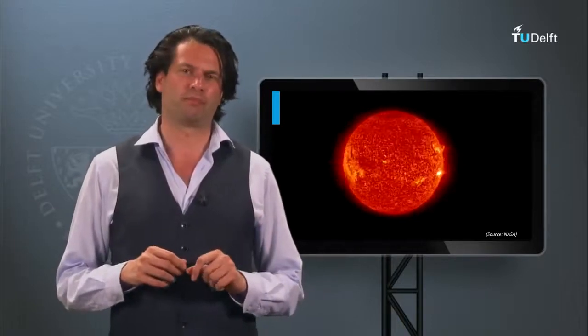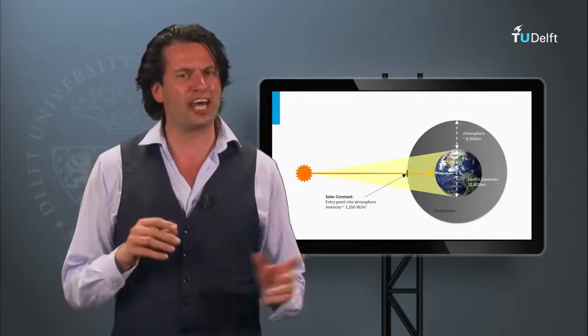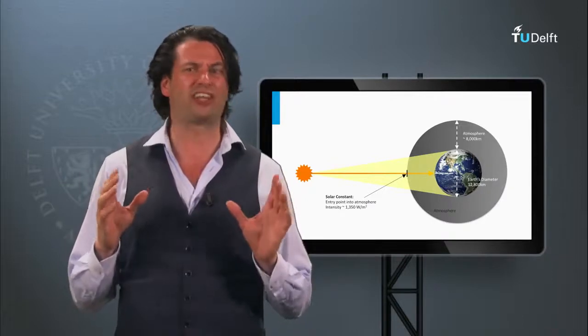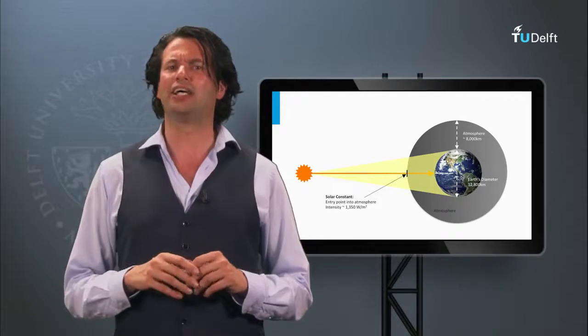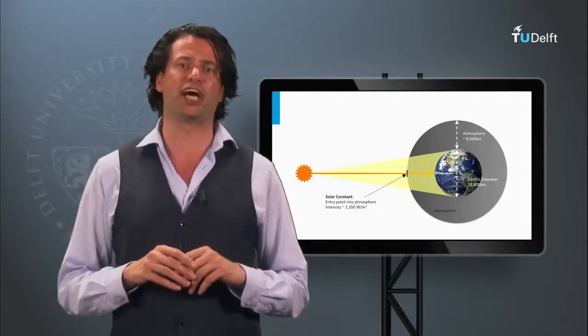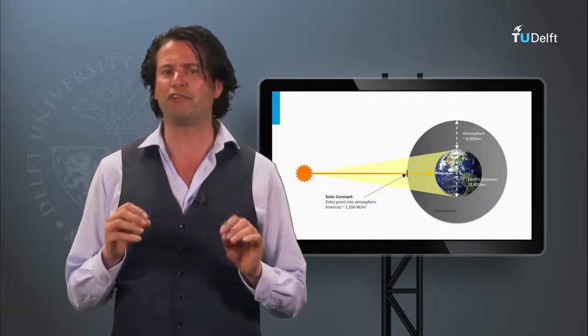We know the shape of the solar spectrum. How is the spectral shape and irradiance of the solar light affected by the Earth's atmosphere? Let's consider that the Earth's atmosphere is 8,000 kilometers thick. The irradiance of the solar light arriving at the outer side of the Earth's atmosphere is approximately 1,350 watts per